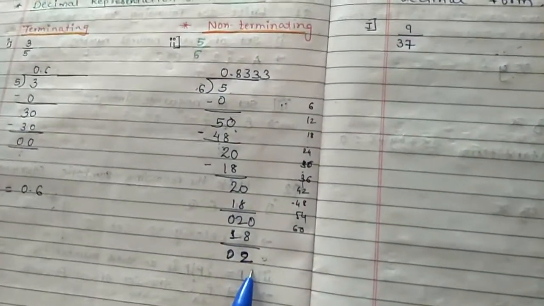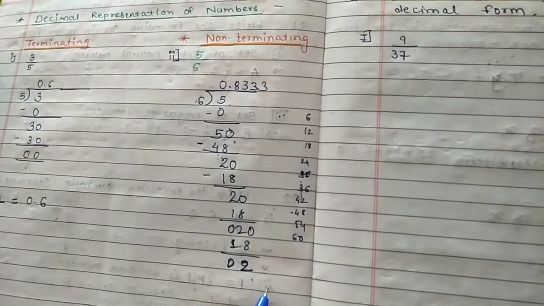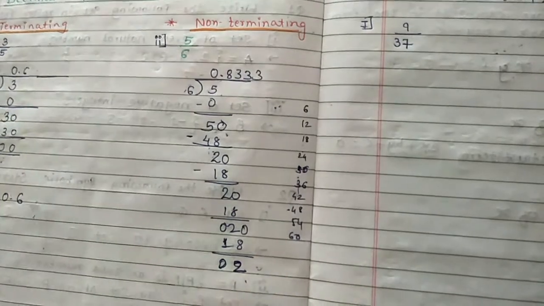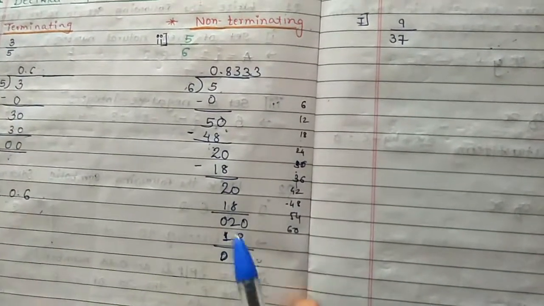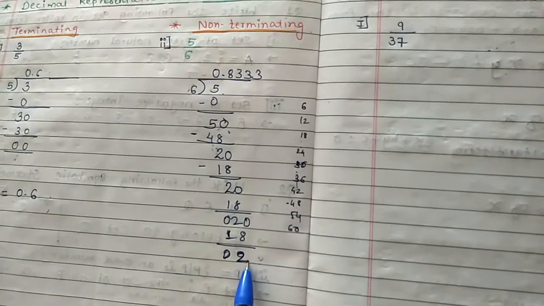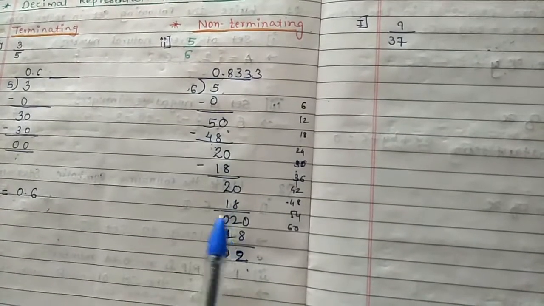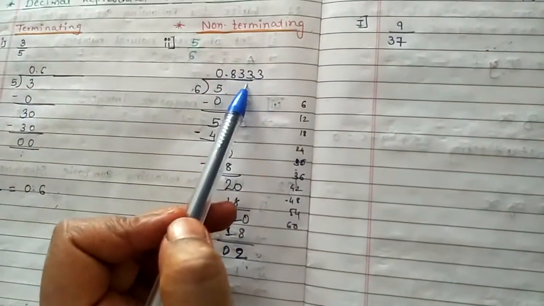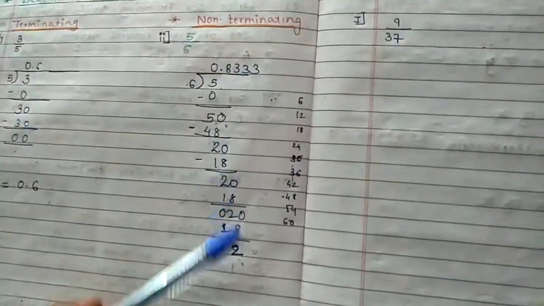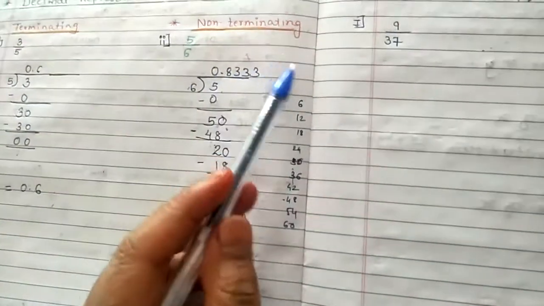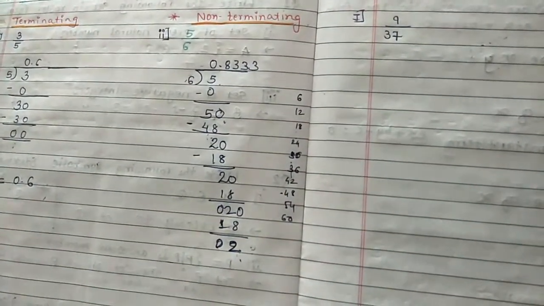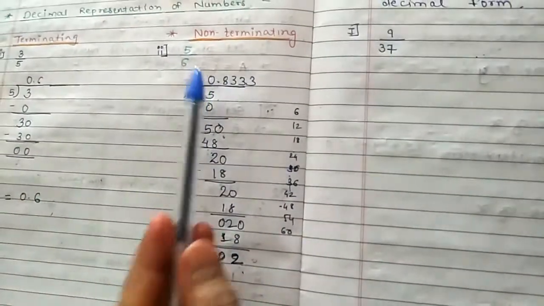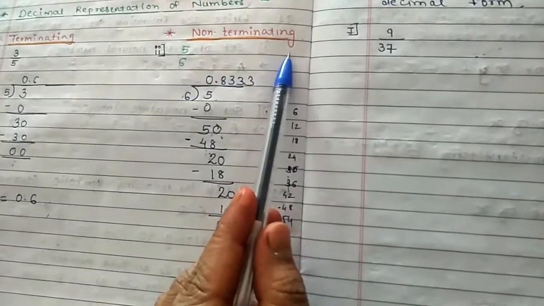It means the division is unending, and that's why here we will get either a single digit or a group of digits repeating. If you observe, the digit we are getting is 2, and after a certain step that 2 is repeated, and we are getting the same quotient, which is 3. If we go further, here we will get 3 3, and below we are getting the remainder 2 only. So that's why this type of division, this fraction, is called non-terminating.